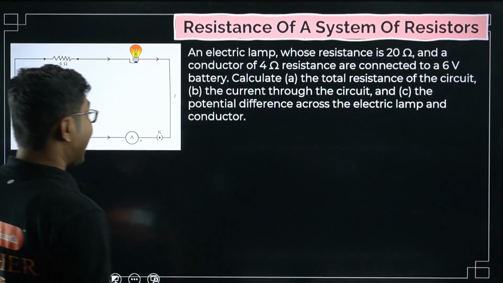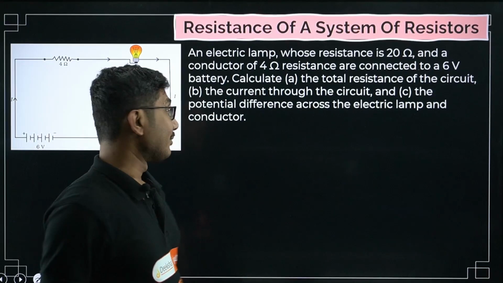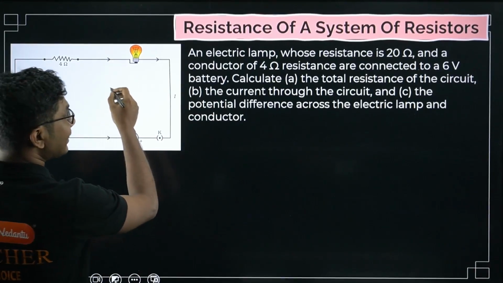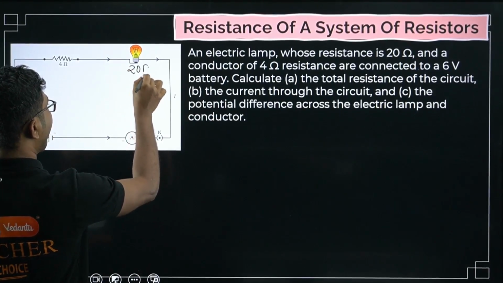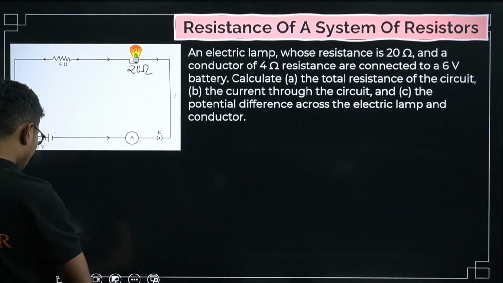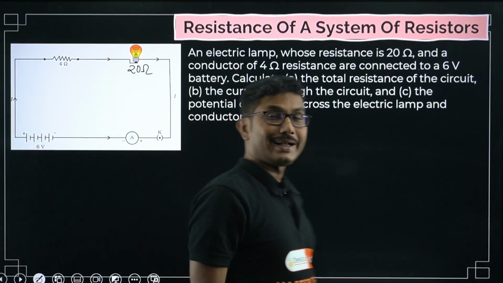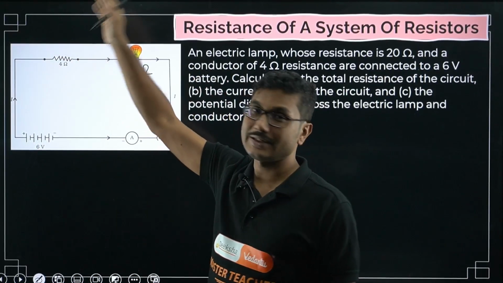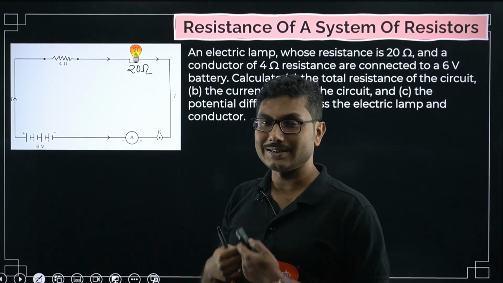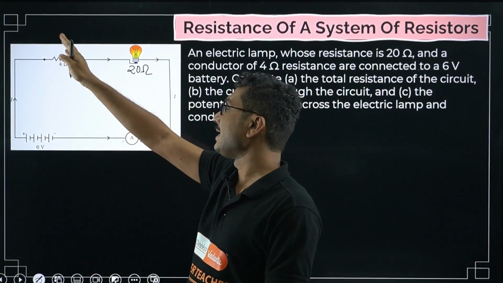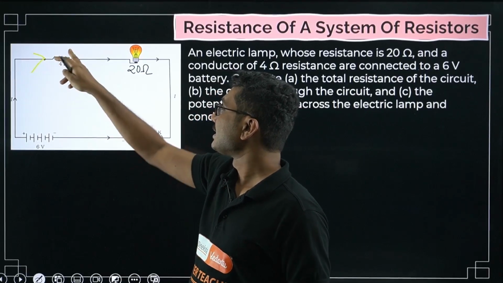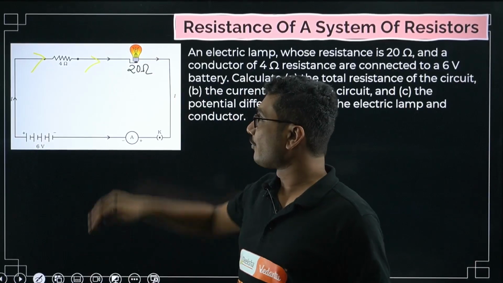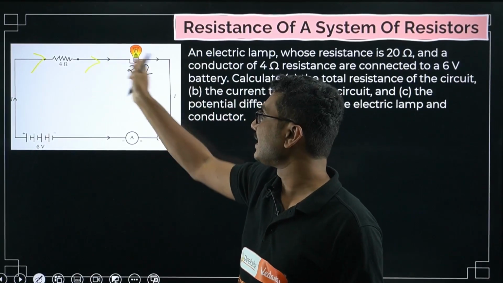Okay, electric lamp and the conductor, so both you have to calculate. So first of all, this resistance was given 4 ohm, this resistance was given 20 ohm. And as you can see how they are connected, if you see the current that is passing, you can do it by 2 ways. First of all you can check. Now we know that in series connection current is same, so you can check if the current is same or not. So current I is entering here, the same current is exiting, the same current is entering the lamp, and same current is exiting. So from the comparison of current, I can easily say that both of them are connected